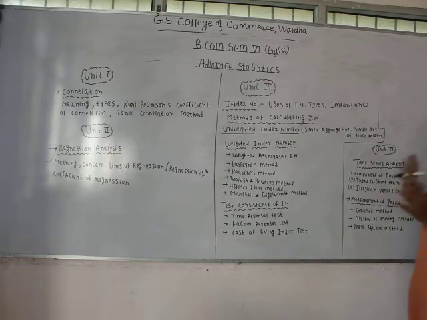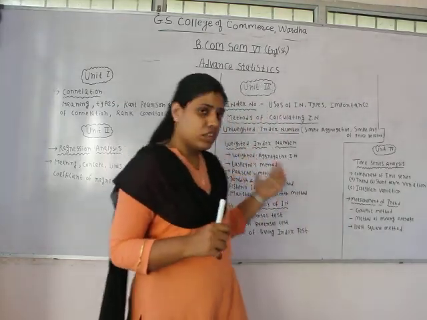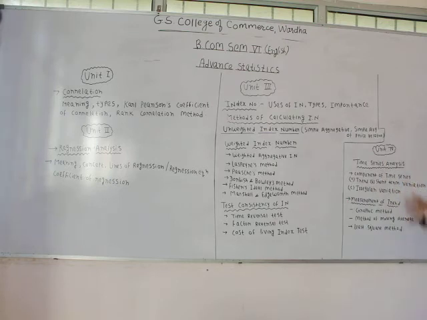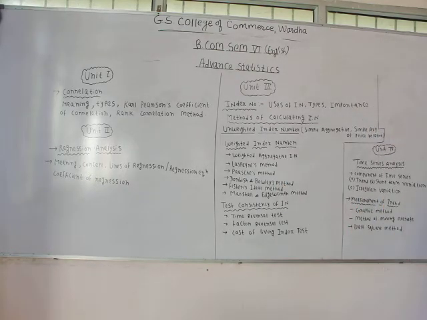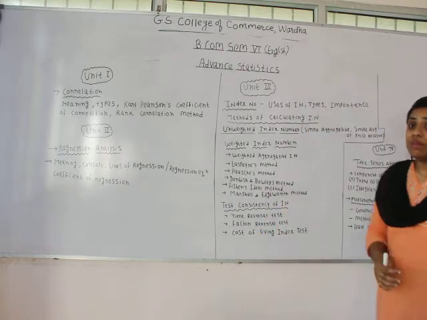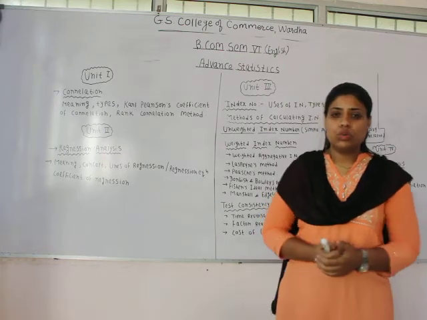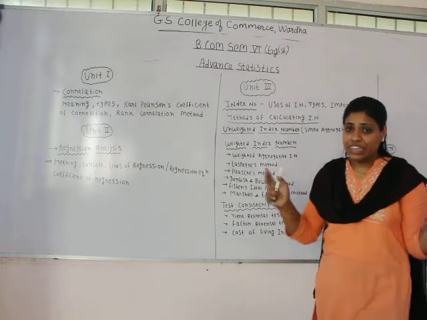So this is the syllabus for the subject advanced statistics for the 6th semester that we are going to deal with in our further classes. And as far as the paper pattern of this subject is concerned, as you have seen the paper pattern of another subject, it's going to be the same as those subjects. But one thing is there, that is the traditional paper pattern. As you know, due to the pandemic situation, nowadays your exams are being conducted in MCQ form. So of course if there is going to be an MCQ examination for this subject in future, you need to be ready for that as well.